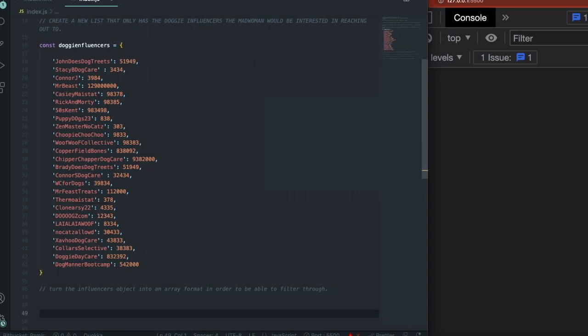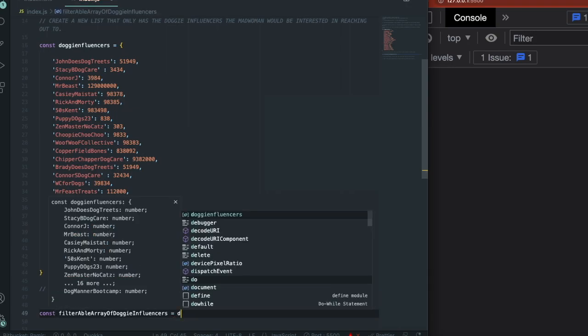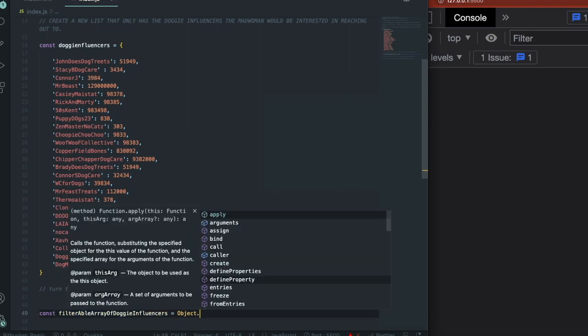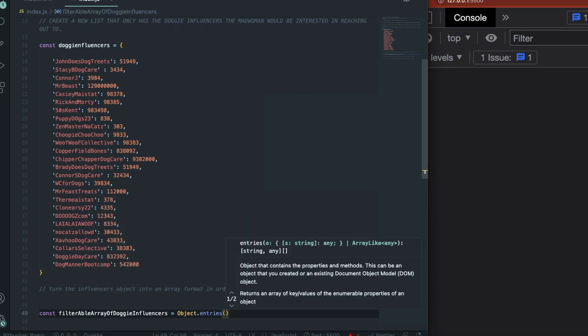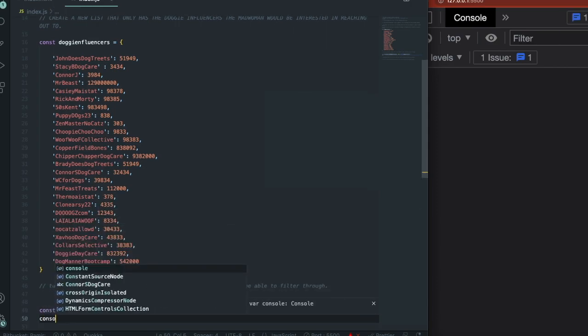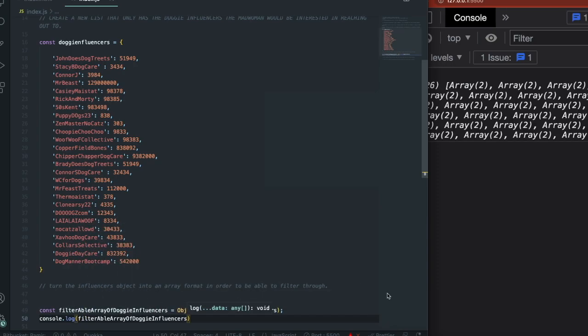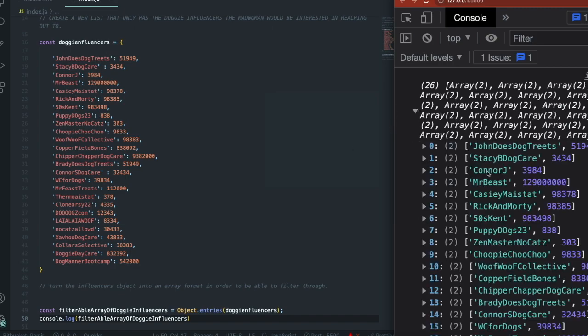So let's do that. So we have our const filterable array of doggy influencers equals doggy influencers. Oh, sorry, Object.entries is a method that's going to turn an object into a filterable array. Therefore, we're going to just plug in doggy influencers, and that should have been the trick. Let's check. Filterable array of doggy influencers. Boom. We have an array size of 26, and it has turned the object keys and values into other arrays. So array within an array, with the first item of the array being the keys and the second item being